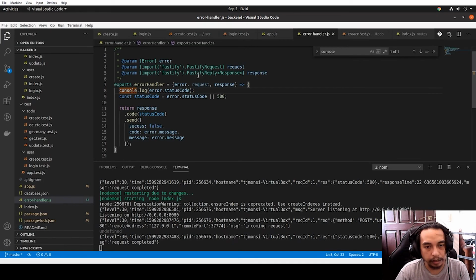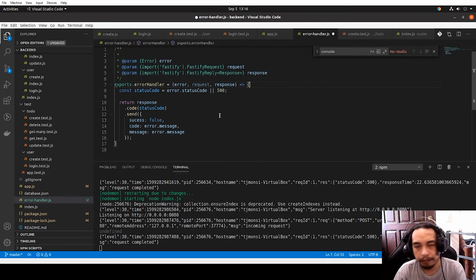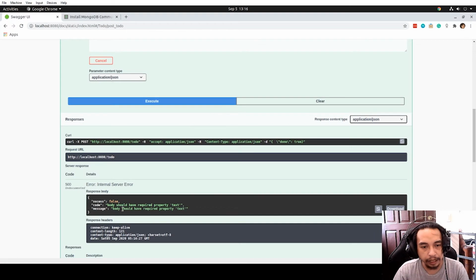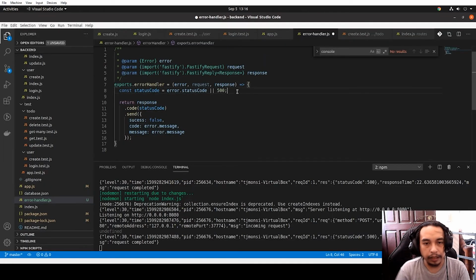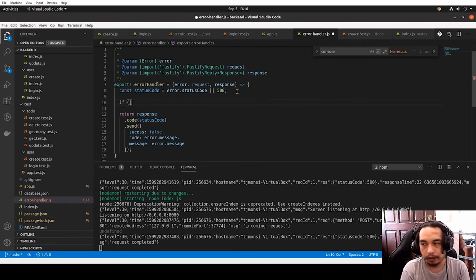So as you can see, it's undefined. That's why it returned a 500. What we can do, because this is a validation error actually, so for us to make sure that it returns the proper status code error, we will